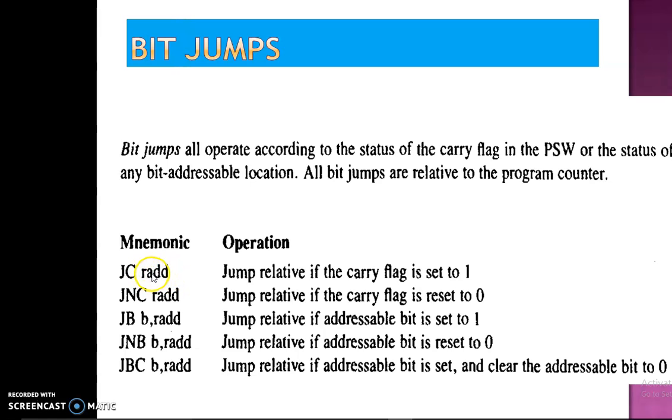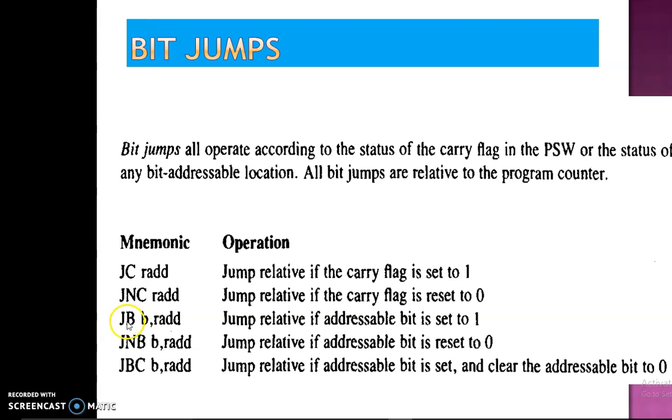So here you are using relative range because it is SJMP, and relative range is generally PC plus 127 or PC minus 128. And next is JNC, jump on no carry. If carry flag is 0, means carry flag is reset, then only this condition is true, then control will go to a specified address. The address is specified as a relative address.